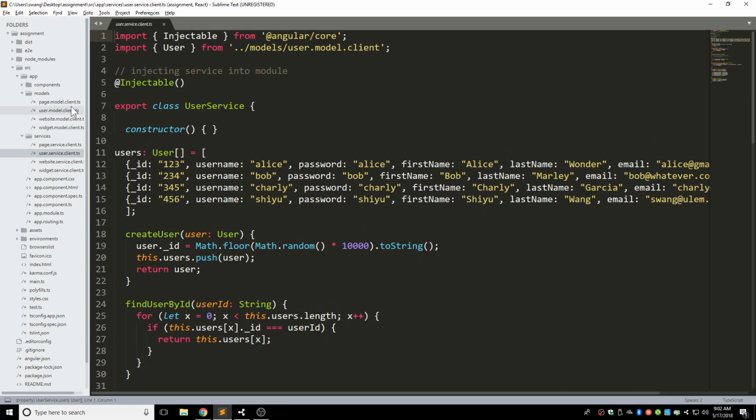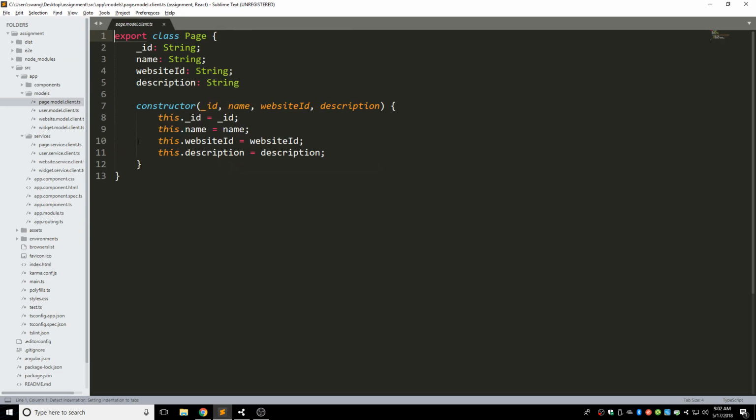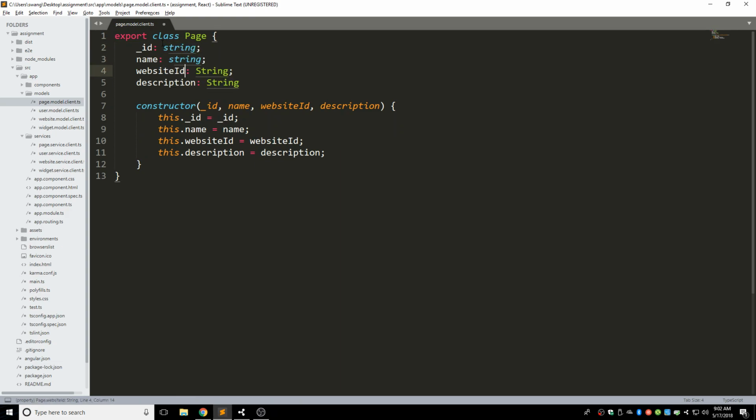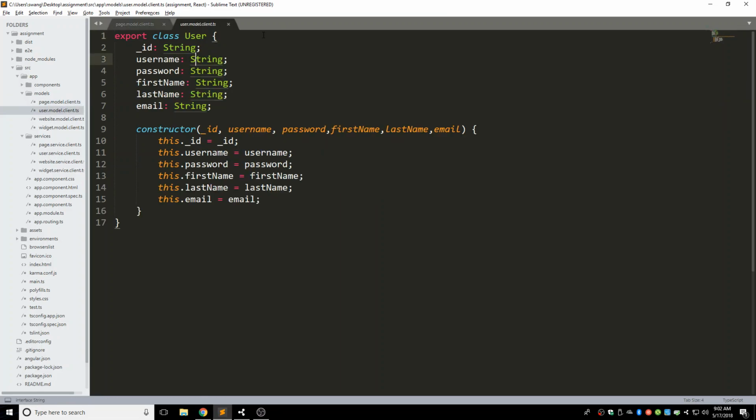One thing I didn't do correctly is those types. They shouldn't be capitalized. It should be lowercase. There's a slight difference between the capitalized version and the lowercase version. I will post an article in our Slack so you can take a look. It's a slight difference. So just change those into lowercase